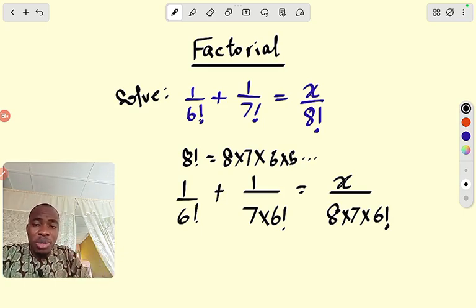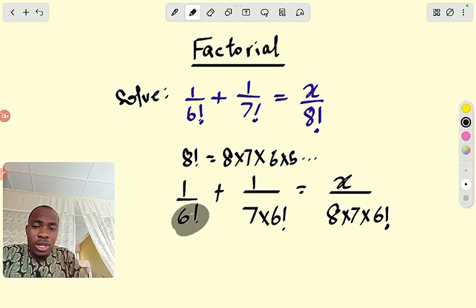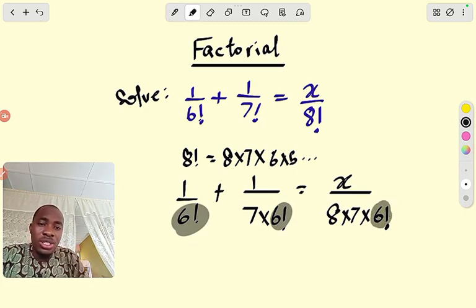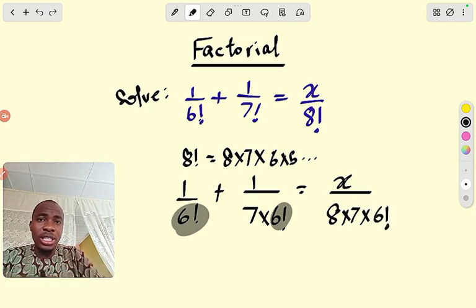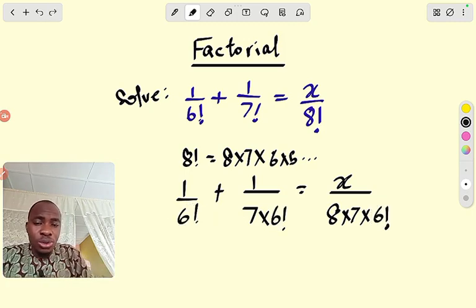All right, so from there the next thing we're going to do, so now we can see that 6 factorial is now common. You can see 6 factorial here, we see it here, and we see it here. So we find means of getting rid of that 6 factorial. That is what we are after now. So the next thing we're going to do is let's try to multiply through by 6